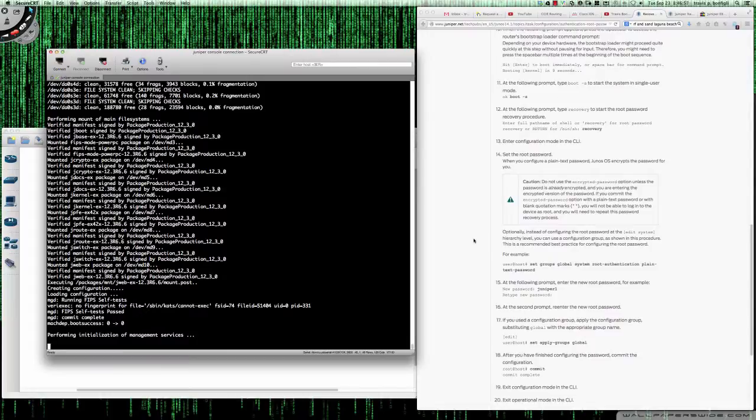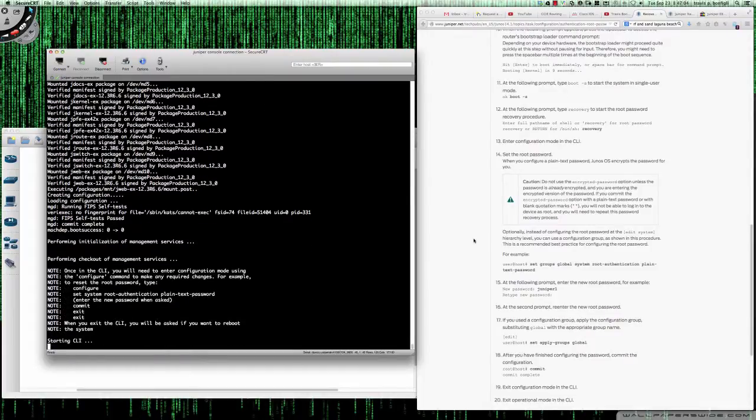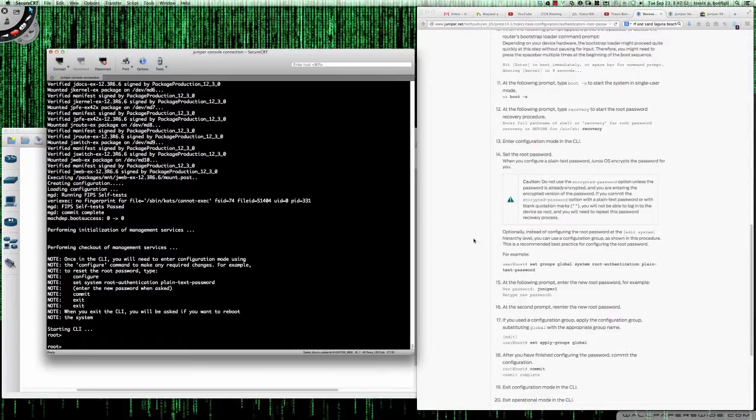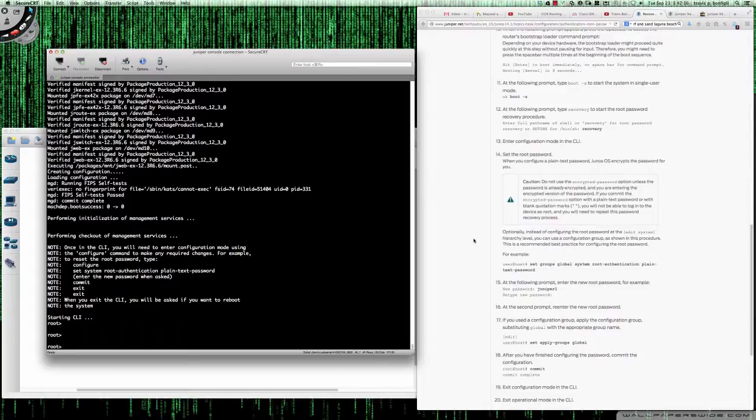So the recommended best practice for configuring the root password is to leverage a configuration group. However, in this instance, we're just simply going to use the plain text password command where we set the system root authentication plain text password. So as you can see, it started the CLI for us, and so we are now the root user on